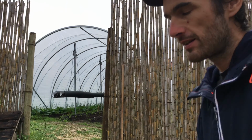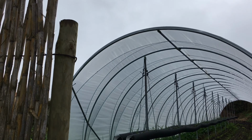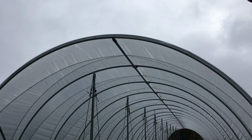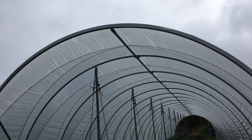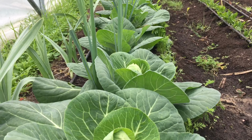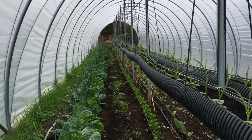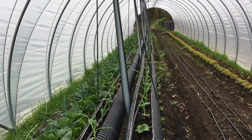I'm bringing you now to the top land where we have changed some things. We have put up a caterpillar tunnel, which is super nice and fast to implement. It grows crazy inside here. We have beautiful cabbage and leeks and elephant garlic coming along, and then we're growing these strawberries in tubes,